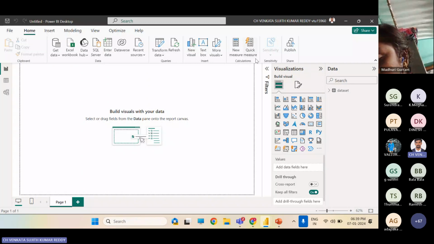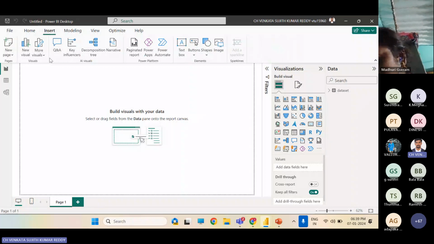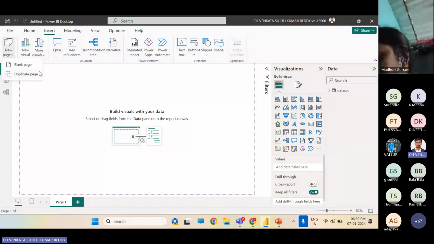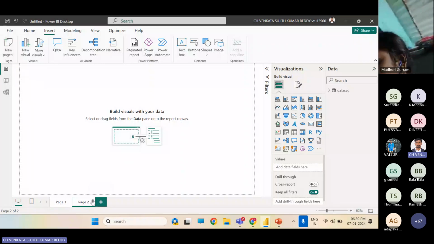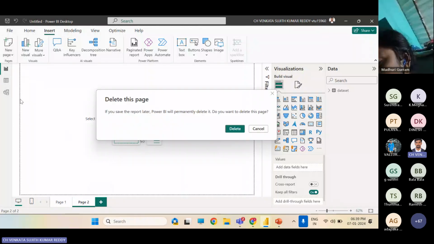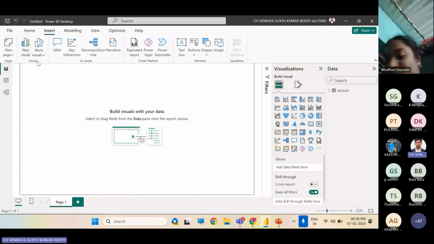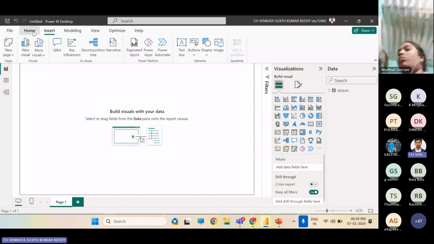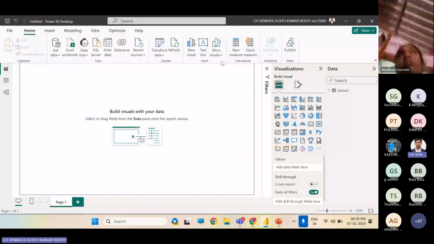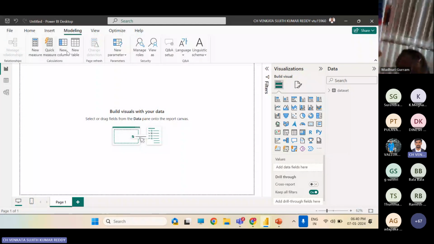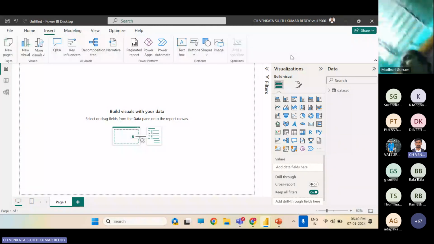And coming to the insert here, you have lots of buttons again, some pages. If you click this one, new pages will come here. Since we have page one now, we'll get some more pages. That's it. Two ways we can get the new pages, and it is for the visuals available here. Both are the same. And then coming to the shapes, you know about the shapes which are already available in PowerPoint and Word documents.